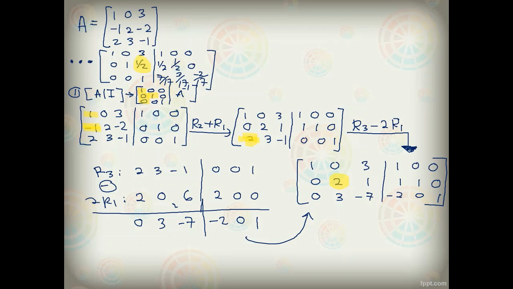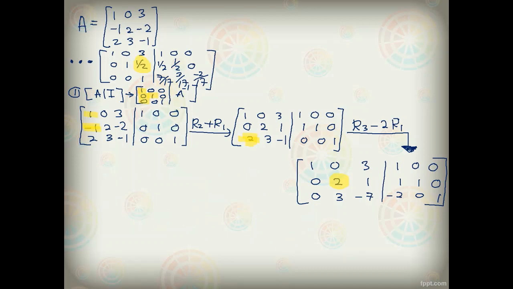Okay, the easiest way to reduce an element to 1 is by multiplying the row with a scalar. So here, what we can do is transform row 2, this element, to 1 by multiplying row 2 by 1 over 2. When we do that,